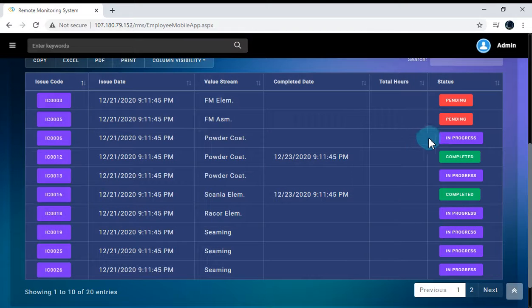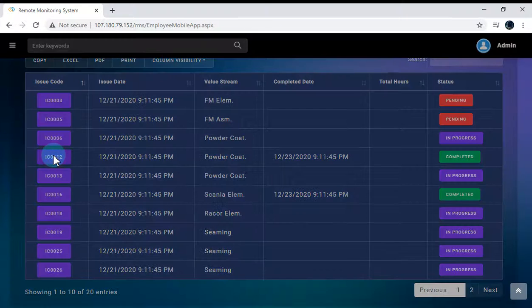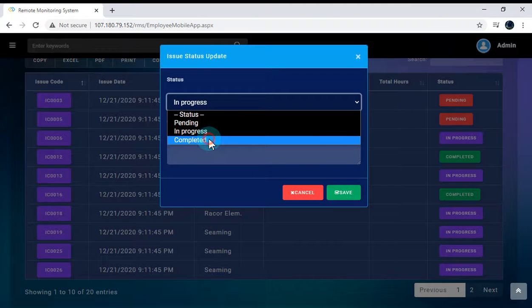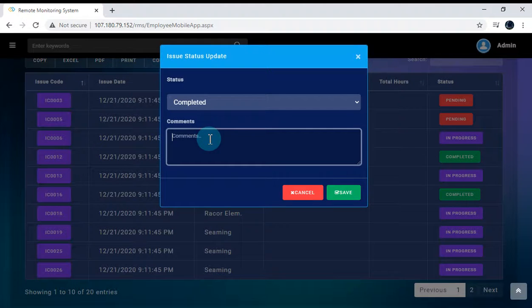If he has completed an issue, he just clicks this issue code, changes the status completed with his comments if required, and saves it.